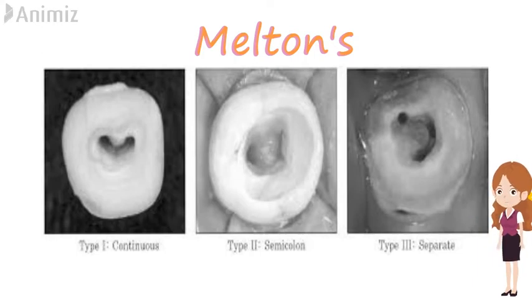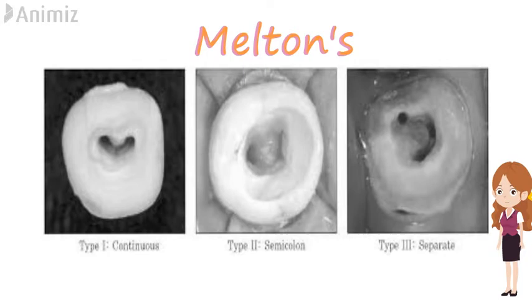And the next one is the third type, where it has two or more discrete or separate canals. That means none of the canals is connected with each other. In this third type, we have three subtypes. In subtype 1, the canal orifice is in the coronal third of the root. Then it divides into two or more discrete and separate canals and joins apically. That means the three or more canals join in the apical region of the root.